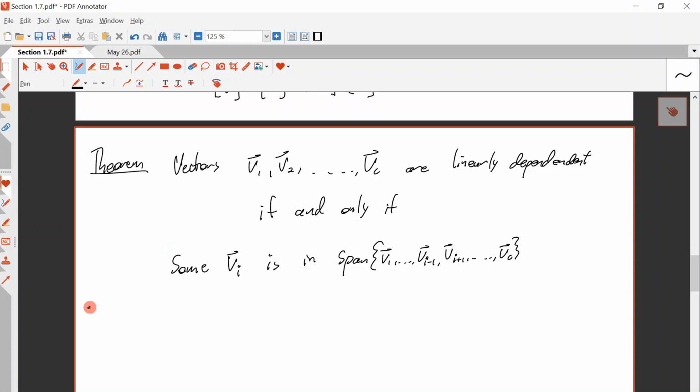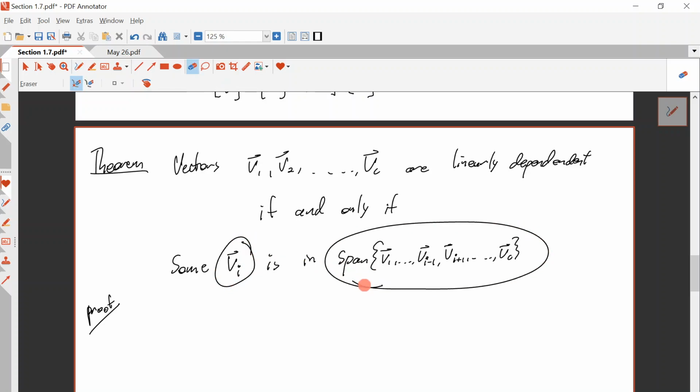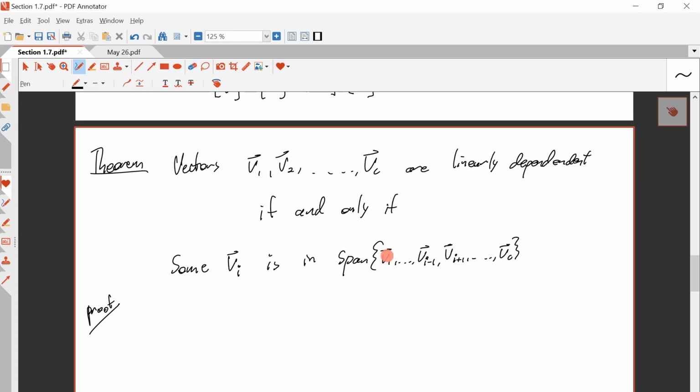So let's do a proof of this fact. And remember, the span is the set of linear combinations of these vectors. In other words, these guys are linearly dependent if one vector is a linear combination of the rest. Right? If one vector is a linear combination of the rest. Proof. So if